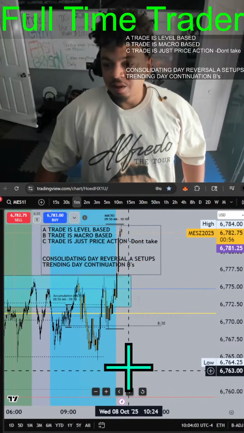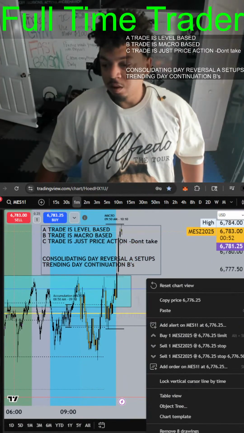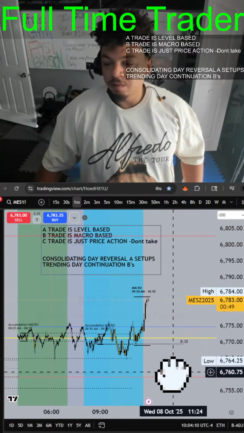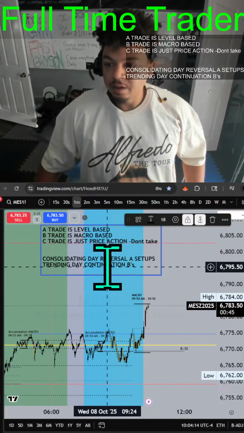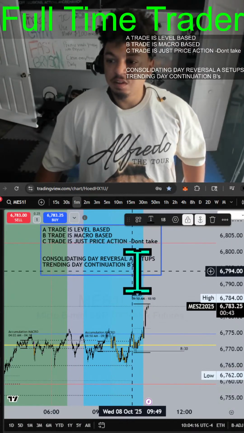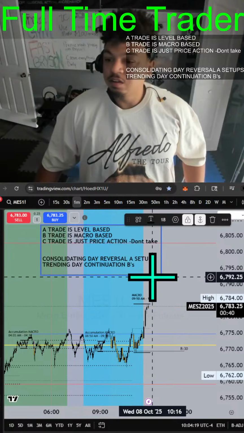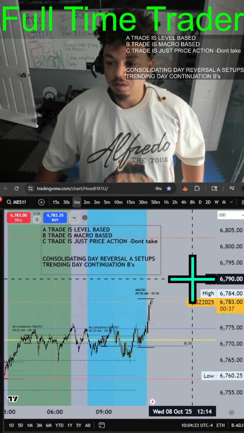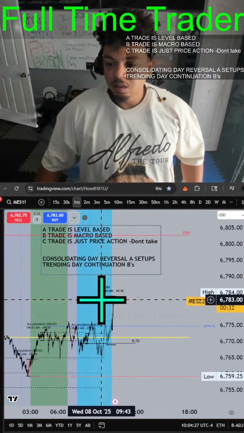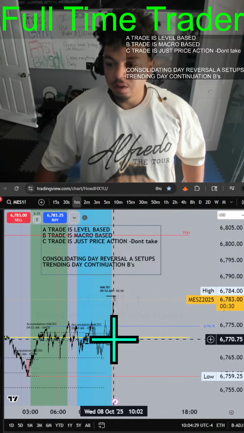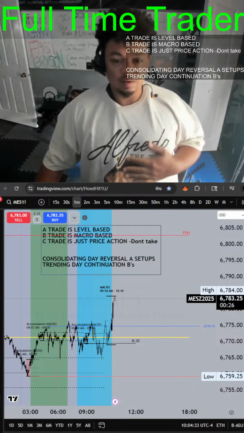Like I said, it's a Wednesday, right? If we remove all the drawings, we of course are going to leave the trade levels. A trade is level based, B trade is macro based, C trade is just price action, don't take. Consolidation day is reversal A setups, trending day is continuation Bs. So what we have here is a potential trending day because we had this accumulation, we manipulate, maybe we'll distribute down, but at the very least,